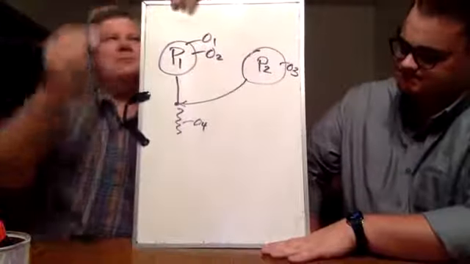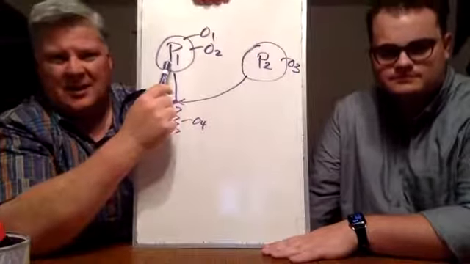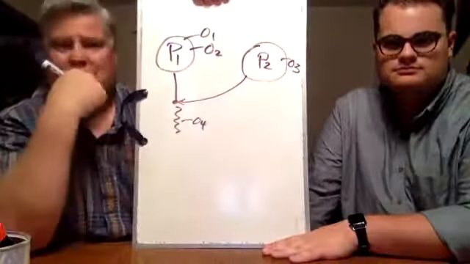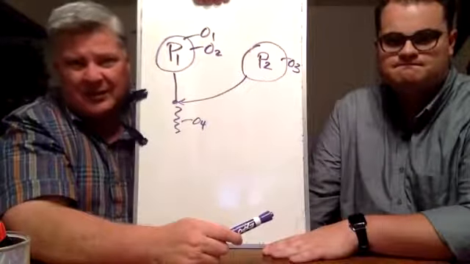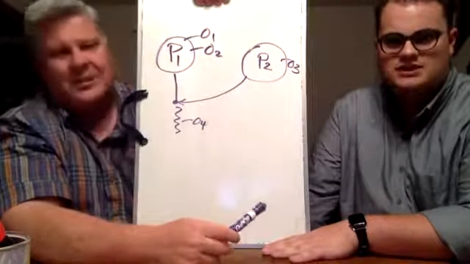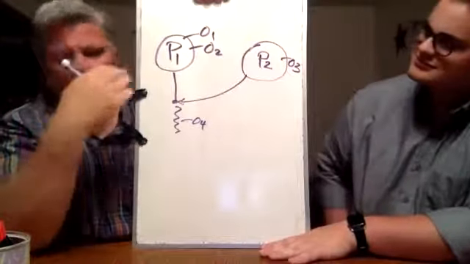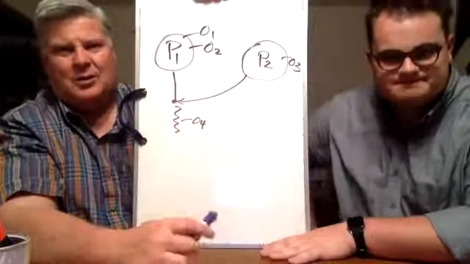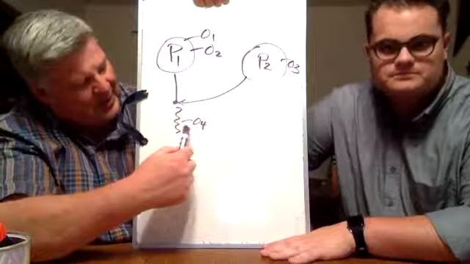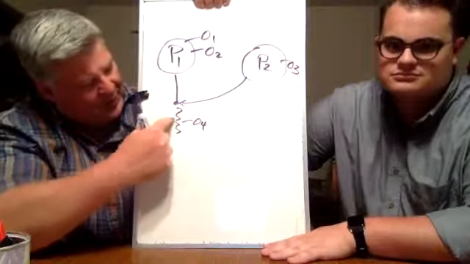Okay, so this is what I have to try to describe it. Let's see how this works. So here's person 1, and it has ordinance 1 and ordinance 2 on it. This one over here is person 2, and it has ordinance 3 on it. Can you see 3? Let us know if you can't see the board. Okay, so then the merge occurs here, and then after the merge,